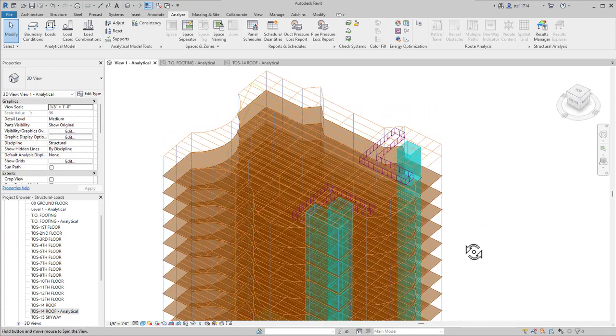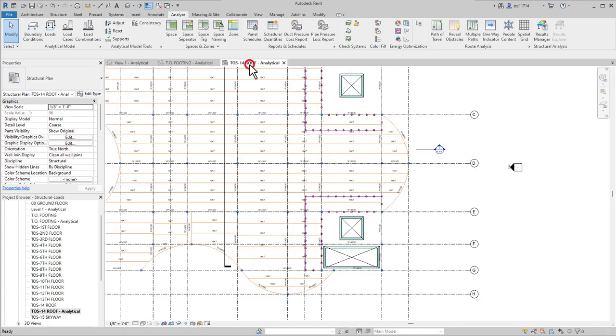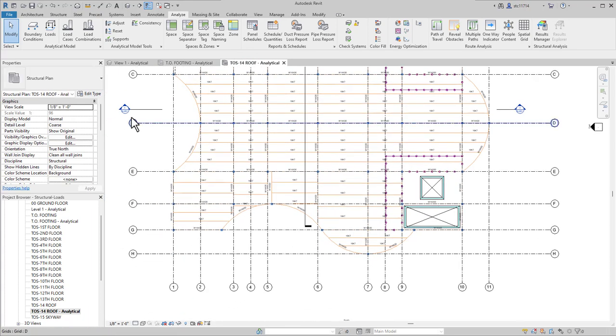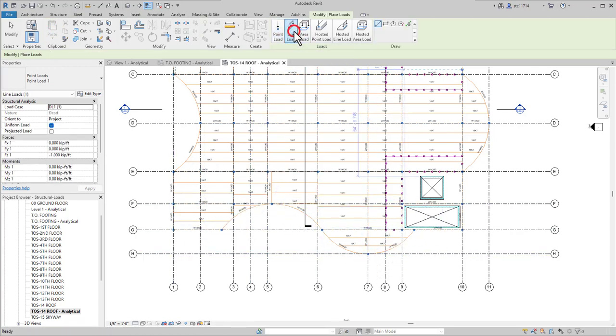Finally, we're going to take a look at the effect of some south wind on the south side of the building. I'll go ahead and return to my top of slab view. Then I will apply another load. This time it is going to be a line load, as I will be applying it to the line down here at the bottom. Then for my forces, the Z direction doesn't make sense anymore. It's not going up or down.